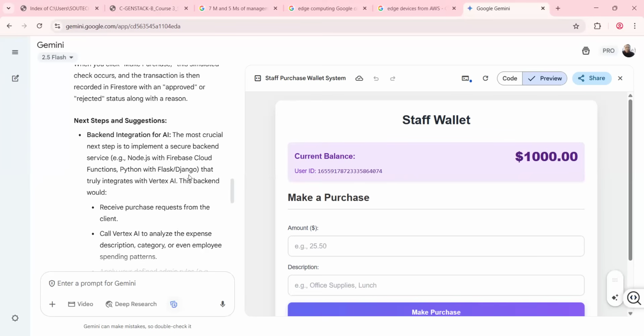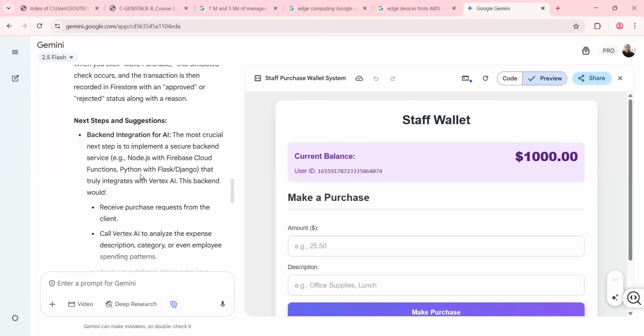You just have literal text or literal actions that is either HTML, CSS, or JavaScript driven. But if it's a backend application, that means it's a dynamic application. It's database driven. We can keep data and tell you, okay, this is what happens so and so time. So it's suggesting that we should use Node.js with Firebase Cloud Functions, or we use Python, or if you want to go for PHP or ASP, whatever kind of backend language and a database you want to use, you could do that.